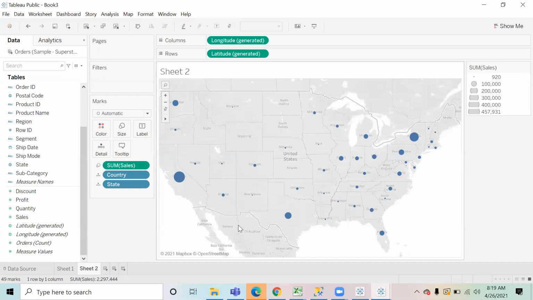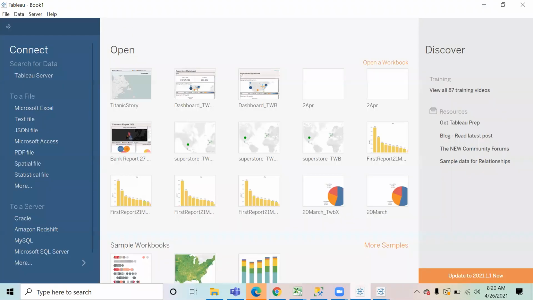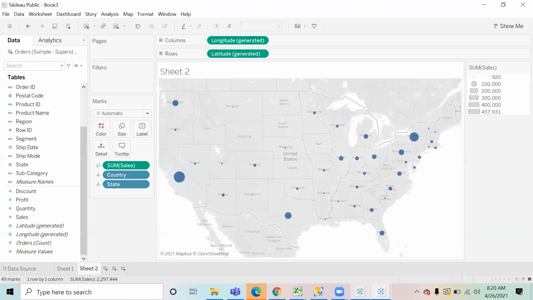So in a license Tableau, like in an office setup, how do we save the file and where? I'll show you that. I'll be telling you that. Okay. So that is a part of the agenda. So there are two file formats, TWBX and TWB. I will show you that. How do we save the workbook file when you're using licensed software, right? Yes. I'll be telling you that. Okay.